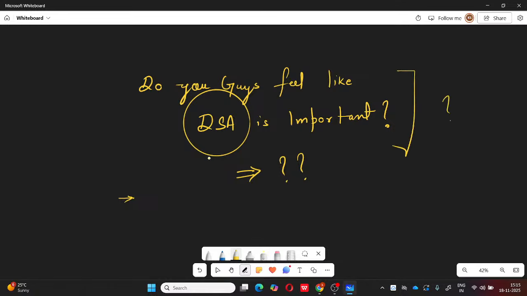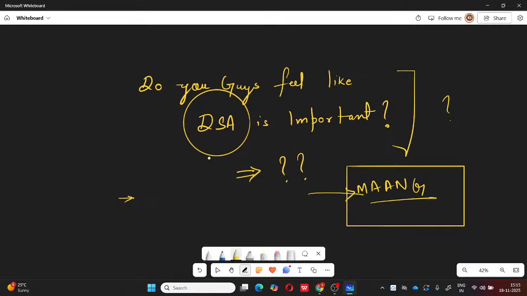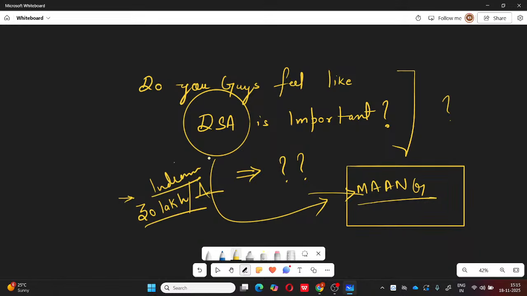Do we know what the MAANG companies are, right? So MAANG companies, do we know about them? And how to get placements in Microsoft or Amazon or Netflix or such product-based companies? Why do they require DSA so much? And why is it important for these companies, right? Why are they giving packages like 30 lakh per annum or so? Indian currency, I'm saying, right? Why do they give packages of this sort, even to the freshers? These are the questions that we need to think about, right?